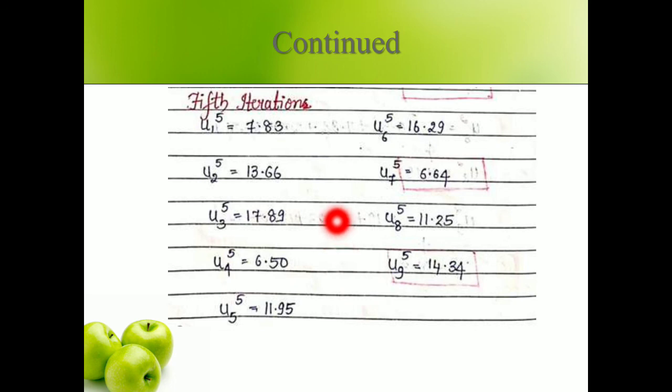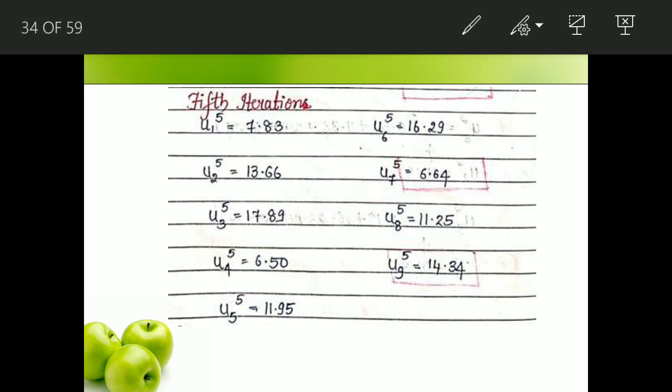So it's very simple. You have to use either the diagonal or the standard formula, whichever is convenient to you. But remember, you have to use the iteration when you are solving. You have to use the previous values to solve the next iteration values. Only keep in mind, if you are using diagonal, go diagonally. If you are using standard, the plus sign, that is up, down, right, left, you have to use. So this completes your Laplace's equation. Further we will be seeing it in the next video.